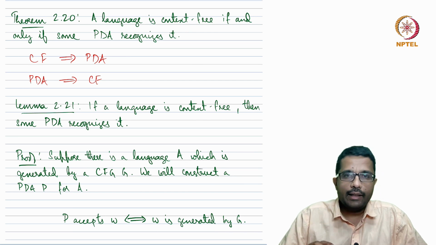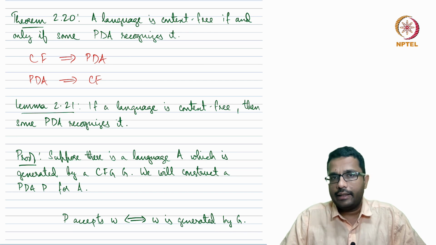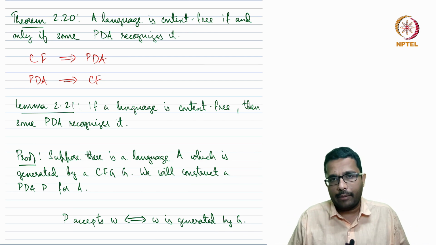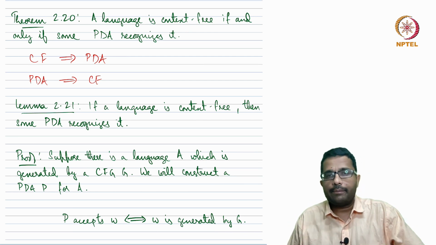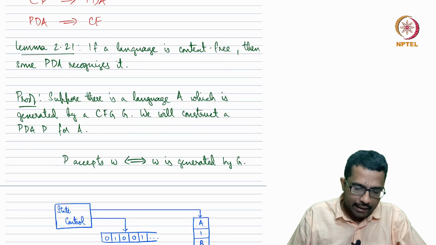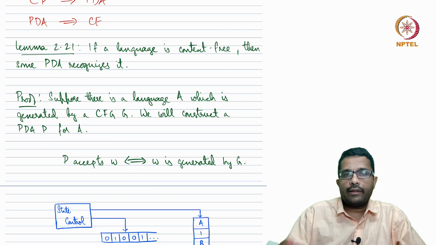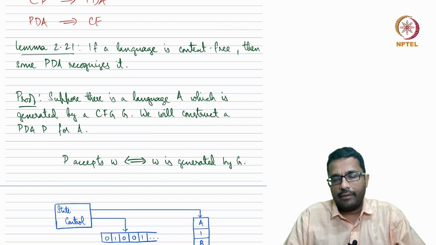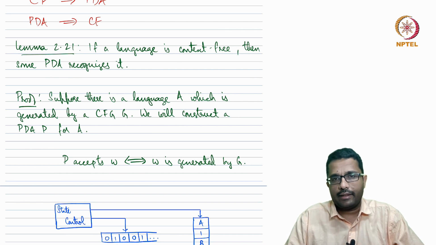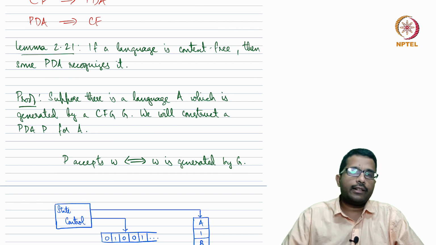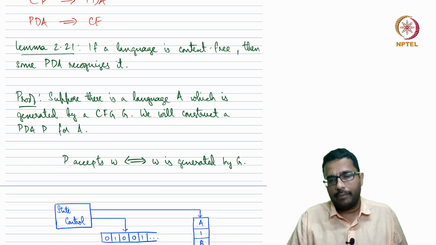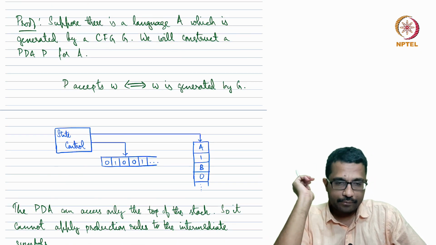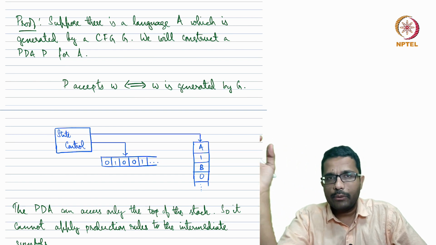Okay, so we want to show that if a language is context free, then there is a PDA that recognizes it, right? So context free so far means that there is a context free grammar for it. So from the grammar, we will construct a PDA. The PDA will be equivalent, and it will satisfy this property that whenever the grammar generates a string, the PDA will also accept it, and whenever the PDA accepts a string, the grammar will be generating it, right? So this is equivalence. Whatever is generated by the grammar, exactly the same thing will be accepted by the PDA. Right? So that's the goal. We have a grammar and we want to construct an equivalent PDA.